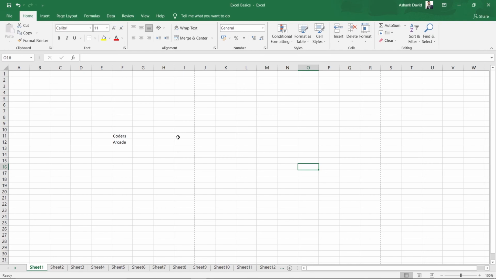So these are the set of options that you see when you open your Excel worksheet for the first time on your PC. Basically this is it for this video. I hope I have covered almost all the options.